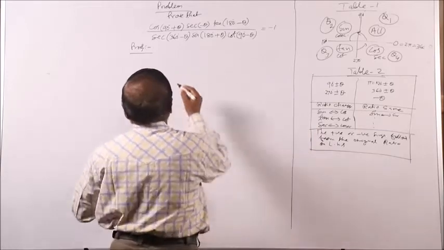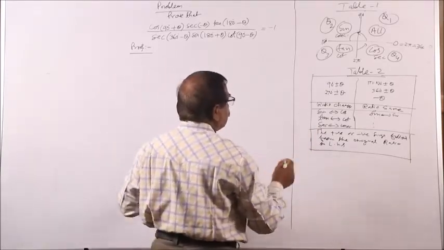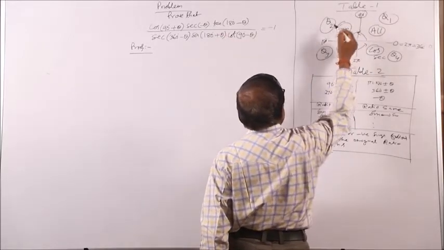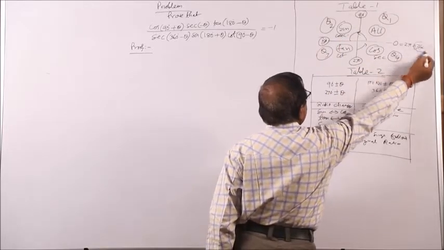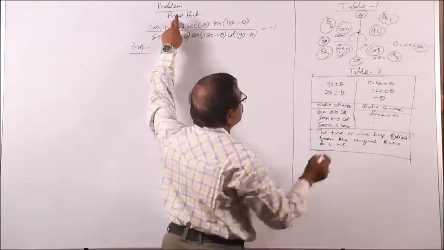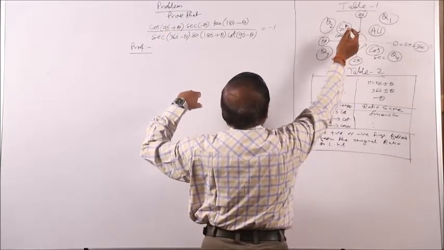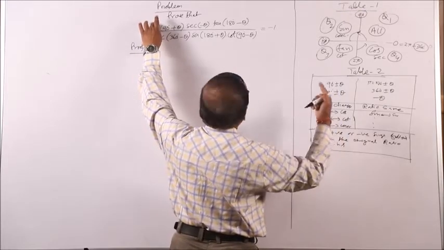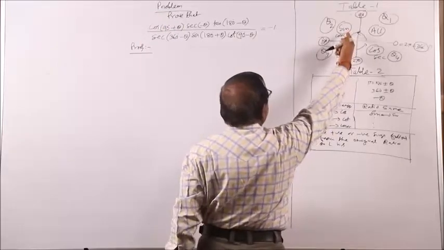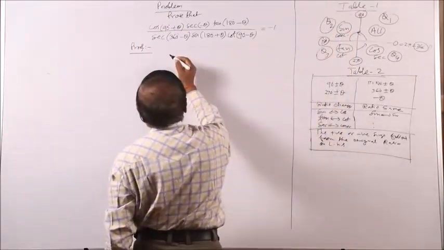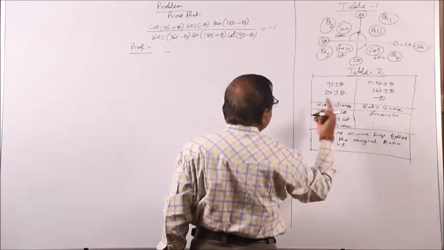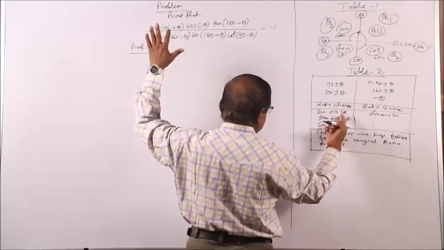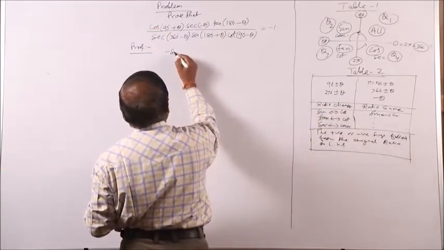See, let us come here. This is cos(90 plus theta). Okay, you see 90 plus theta, you are coming here because this is 90. When we are talking of this 90 plus theta, you are coming to the second quadrant. Here, first choose the sign. Here cos is negative, sine is positive, cosec is positive. So cos is negative, so its value will be negative, and for 90 plus minus theta the ratio changes. So if it is cos, then it is sine. So this is minus sine theta, right.